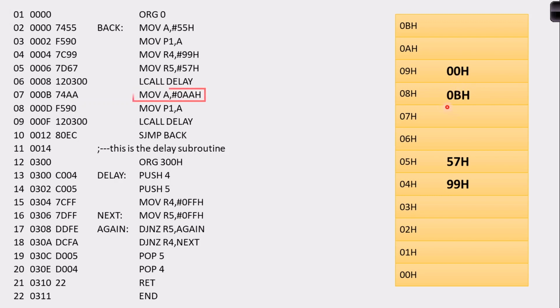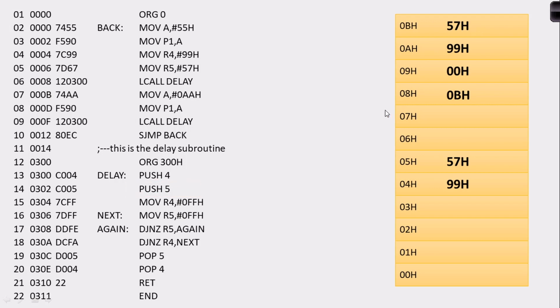At the first location the lower nibble has been stored, and at the second location the higher nibble has been stored. After this it comes over here to push 4. In R4 we have the value 99 hexa, so 99 hexa has been loaded, and after that push 5, where we have 57 hexa.